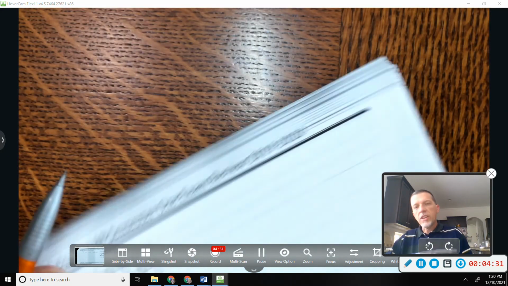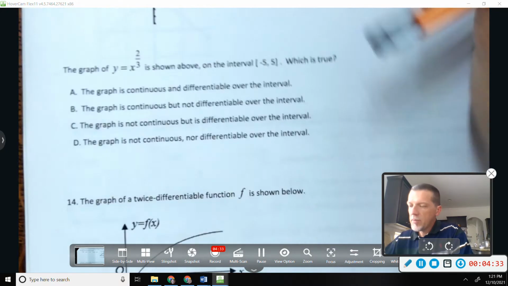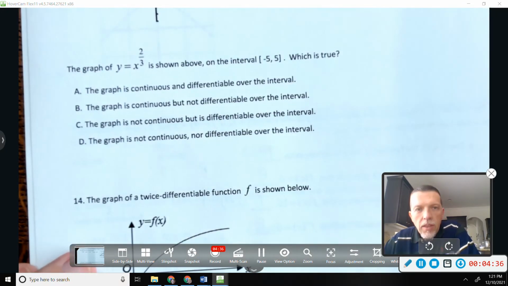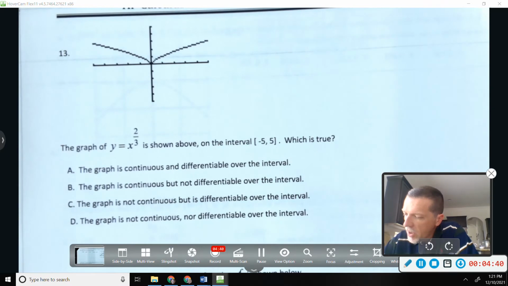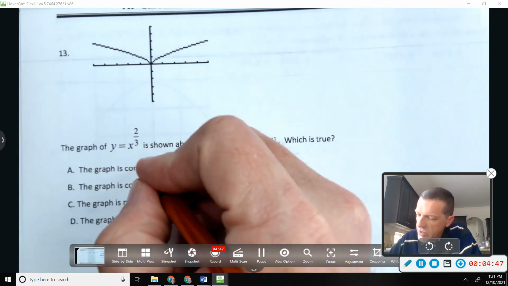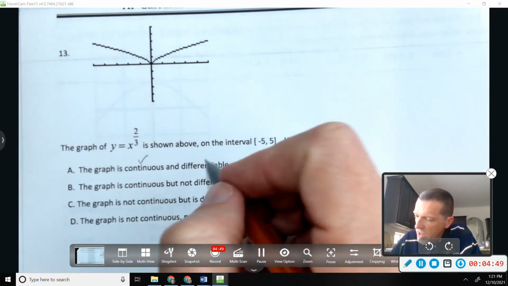Again, just in the interest of time, I'm doing every other one. Number 13. The graph of y equals x to the 2/3 is shown above on the interval -5 to 5, which is true. The graph is continuous and differentiable over the interval. Well, clearly it's continuous. You can tell by looking. Differentiable,